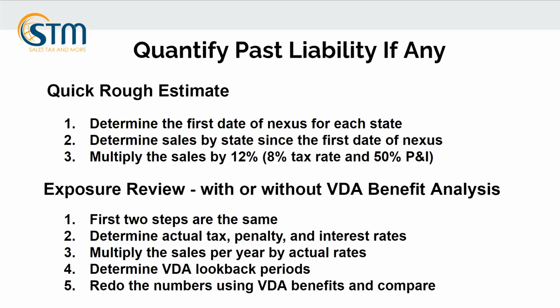Then you want to look at the VDA look back periods. We're going to get into that a little bit deeper, but they're usually somewhere between 36 months and 4 years plus the current year. And redo the numbers using the VDA benefits and compare them to as if the state found you. And why we're doing this is